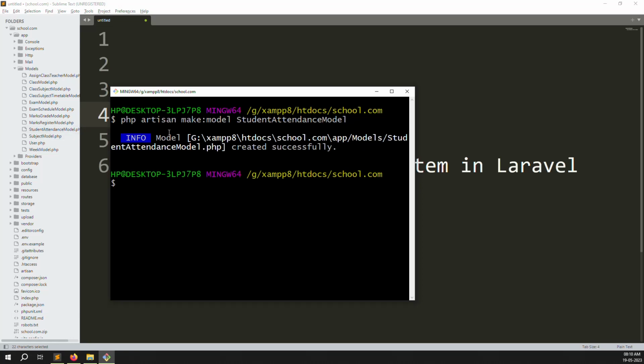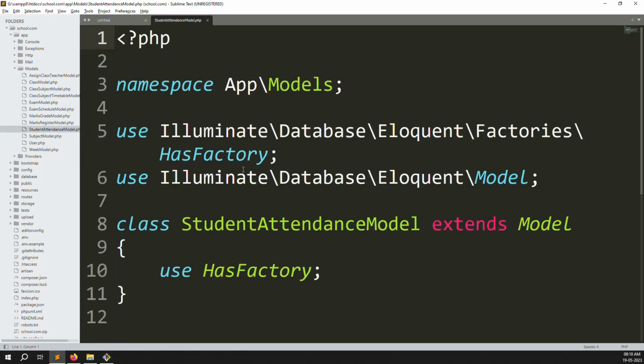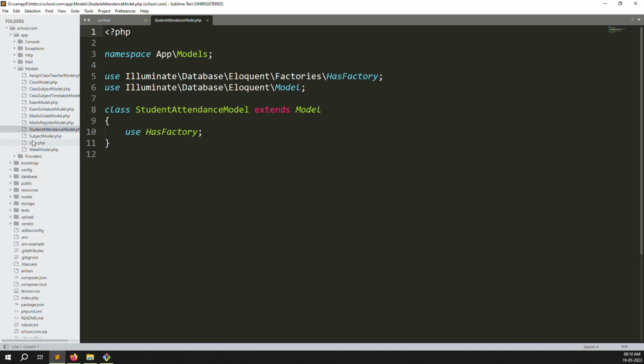Okay, you can see the model was successfully created. Also you can see it here. Let's zoom out a bit. Just go to any controller,